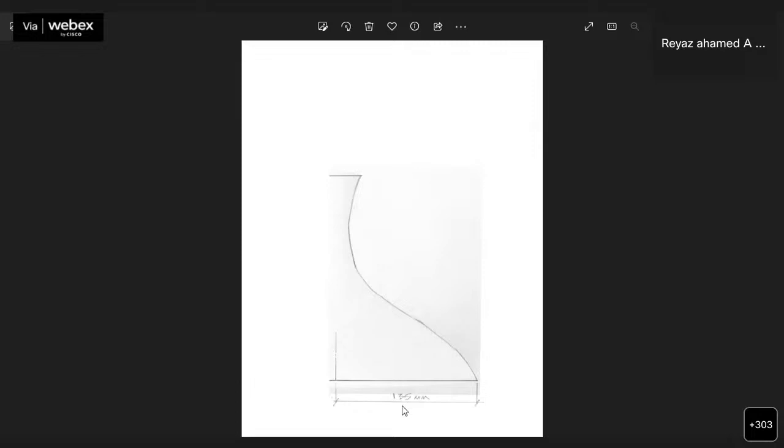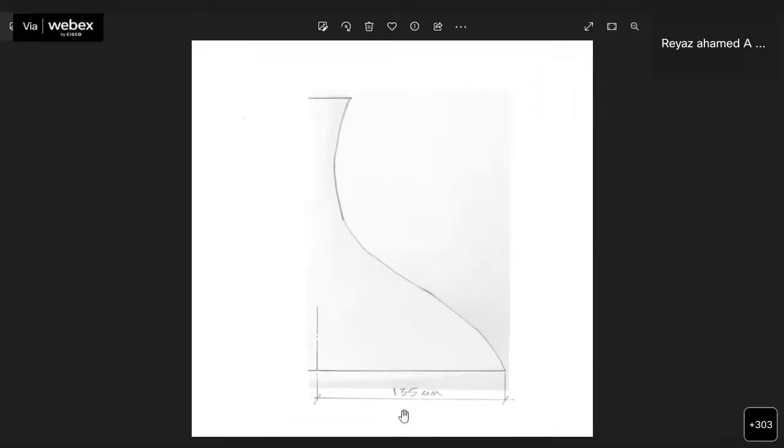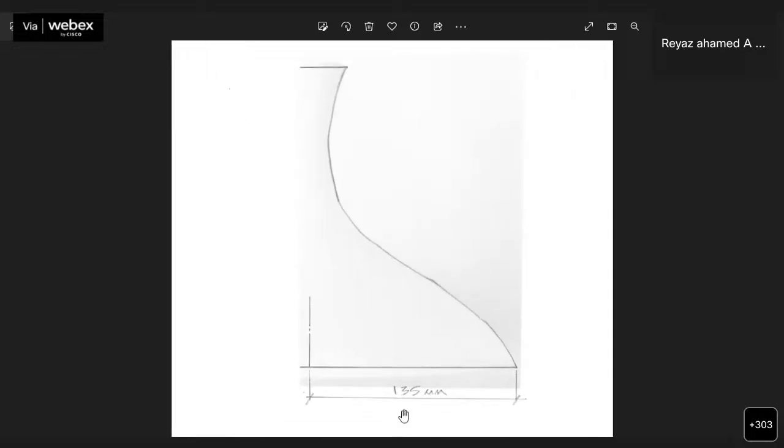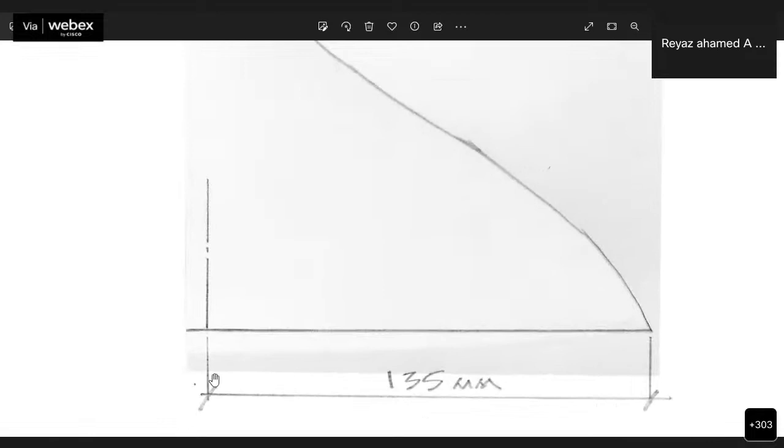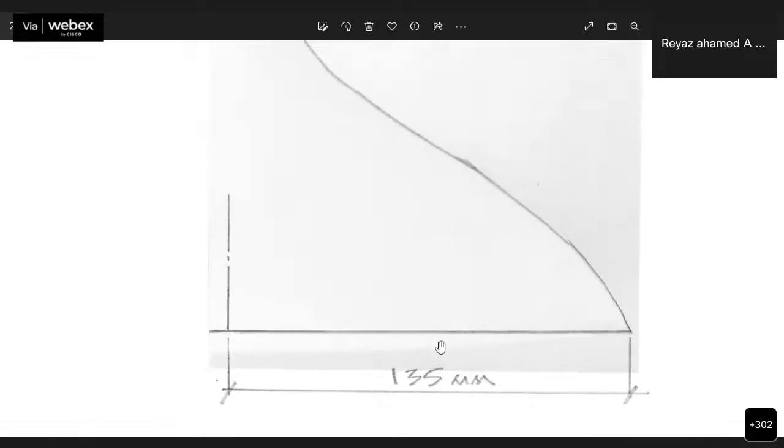So this is the image. See, in this image, the half of the lampshade profile is drawn with the help of a pencil, and then the measurement is made with the help of a scale. It is clearly mentioned as 135 mm on the base.